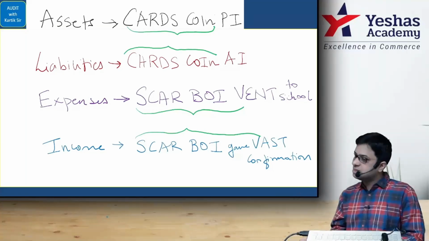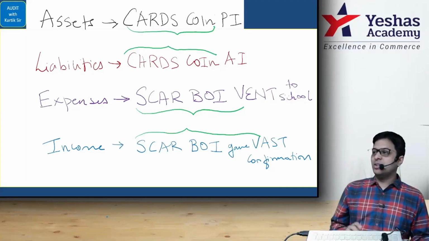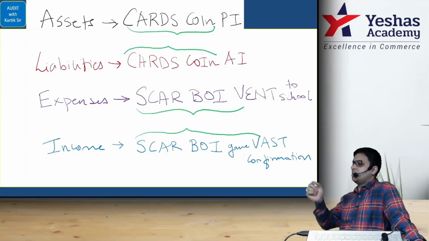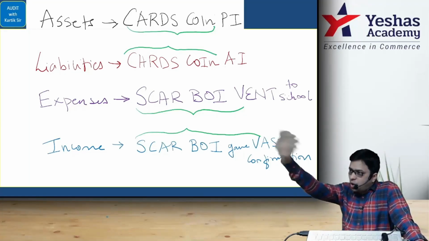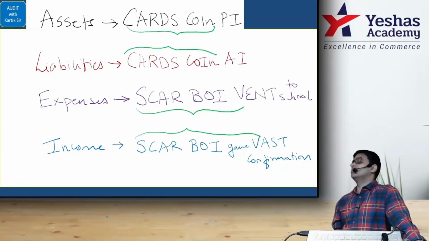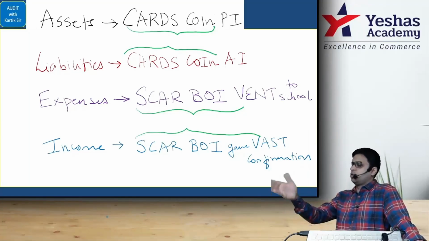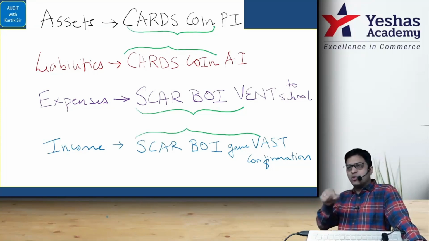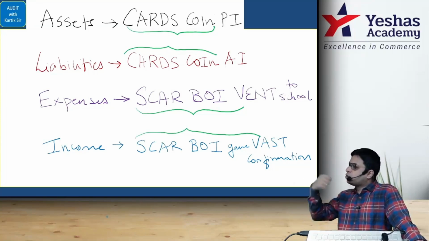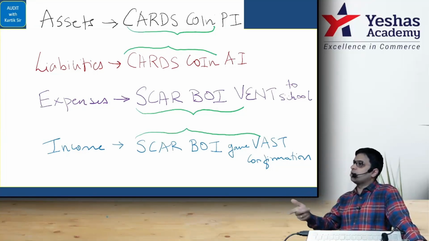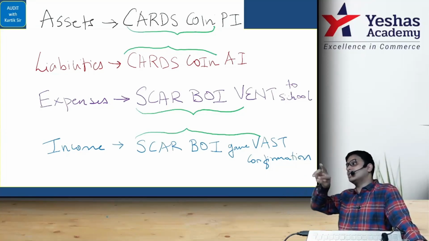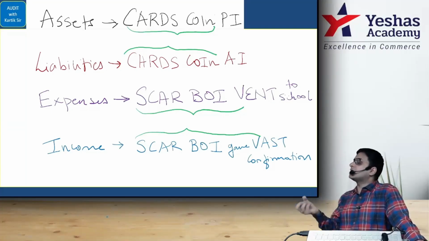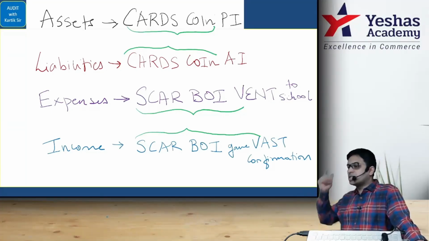Put the points. See, I'm again telling you, for these types of questions there is no general set answer. It is basically what you know. If you are the auditor, how will you check? As simple as that. So you have to write relevant points on how you will check. And if you write it with a lot of jewelry, meaning standard numbers, CARO clause numbers, SA numbers, AS numbers, accounting standards and standards on auditing, then your answer becomes much better. So you have to start thinking from that angle.